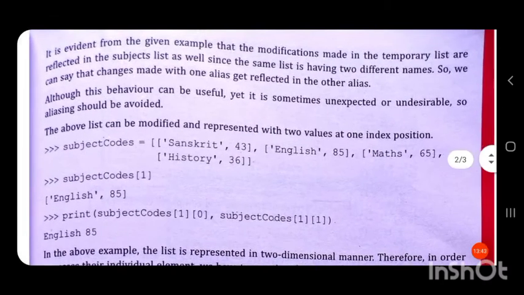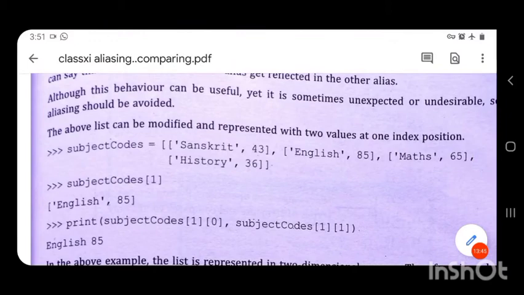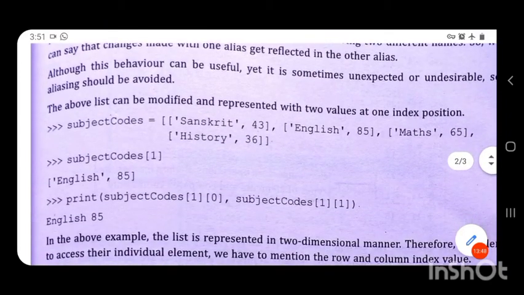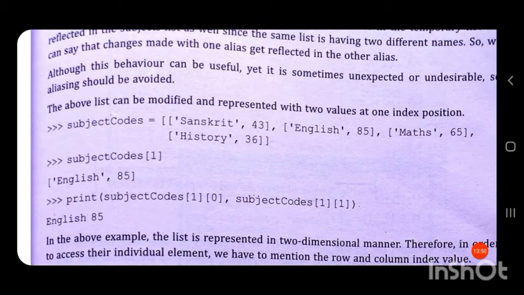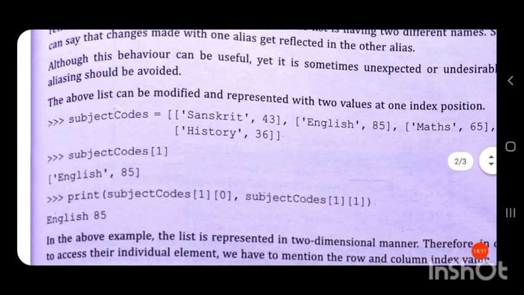When we print subject codes in square brackets 1, subject codes is the name of our list, and 1 is the index position of that list. So it will print the item at index position 1, which is a list containing English comma 85.